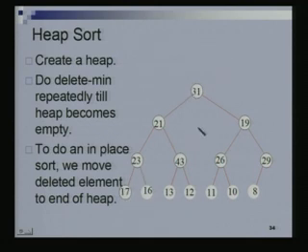to drop off from the heap, 17 drops off, and now we are going to ensure that this entire thing is a heap by taking the smaller of these two children, swapping. Heap property violated here, take the smaller of these two, swap. The heap property is now valid, this is a heap. So, this is the minimum element, swap it with the last element, 19 and 29 get swapped,